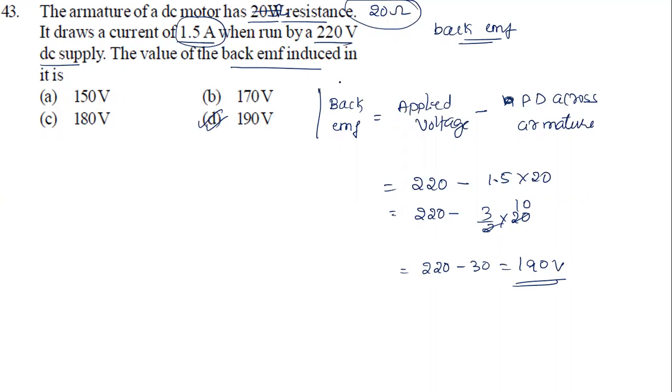So please make a note of this formula. What is the formula? Back EMF equals applied voltage minus potential difference across the armature coil. Okay, how did you get this one? See, simple thing. Whenever we take any coil like this,